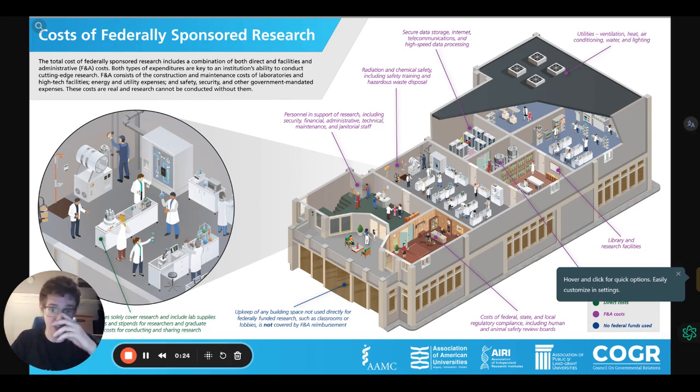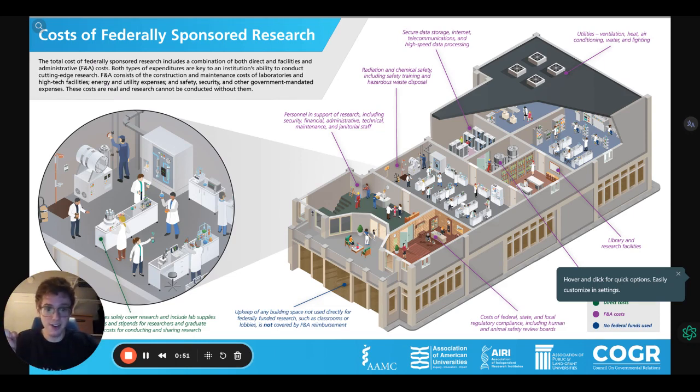Direct costs are expenses that can be clearly and exclusively associated with a specific project or activity. Imagine you're conducting a scientific study. The cost of the specialized equipment, laboratory materials, and salaries for research staff working directly on the project are all direct costs. So these are costs that directly contribute to your project and would not have been incurred if your